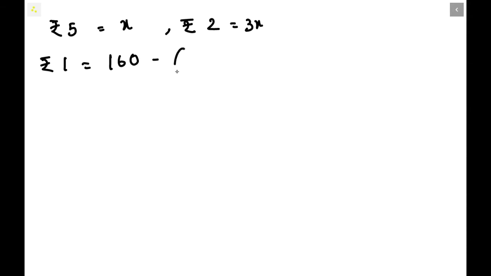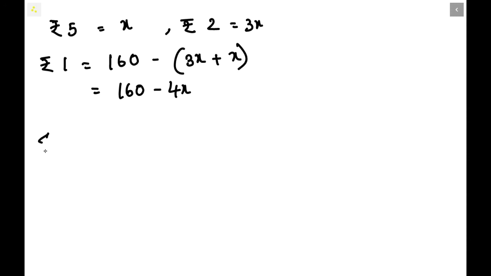So we have got rupees 5 coins as x and rupees 2 coins as 3x, and now we are going to find rupees 1 coins, that is 160 minus the rupees 2 and 5 coins. So that will be equal to 160 minus 4x. So these are the number of 1 rupee coins. These are all in variable form. Now if we solve them, we can get into constant form. We know the total amount is 300 rupees. Now let us find the amount for 5 rupees coins, 2 rupees coins and 1 rupee coins.